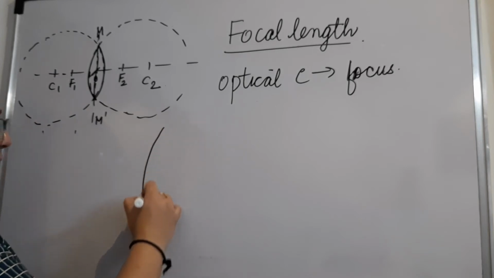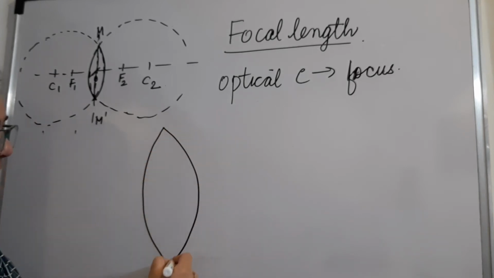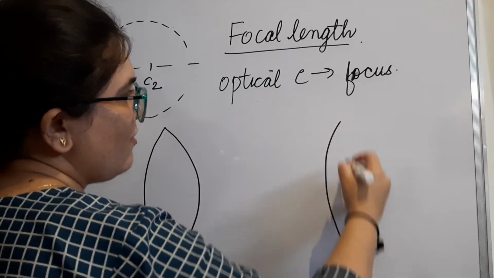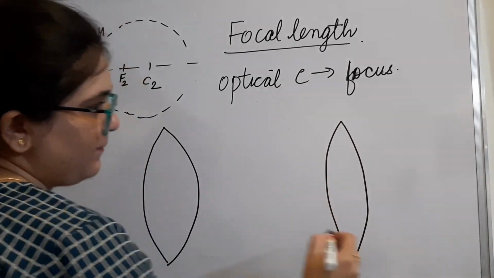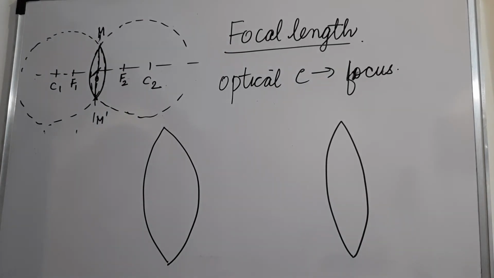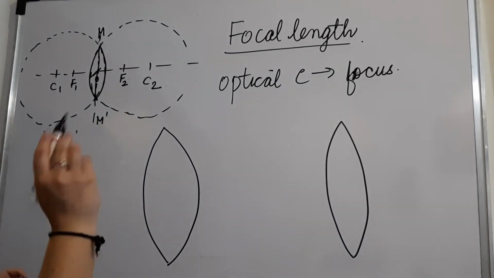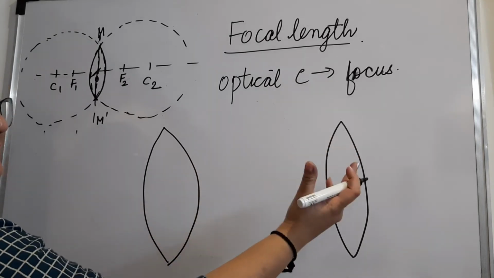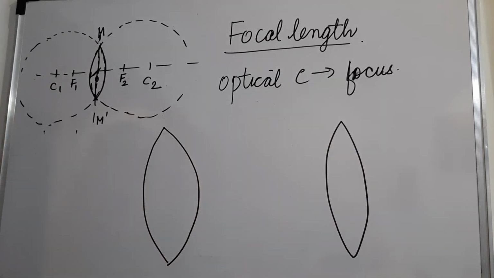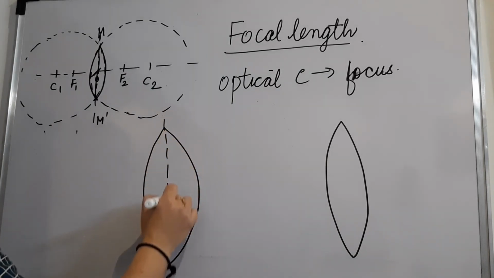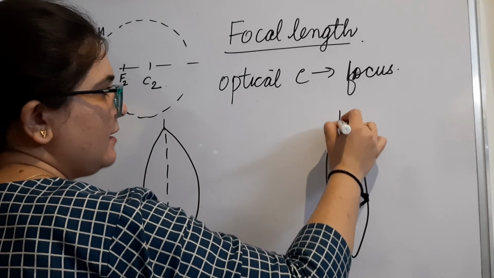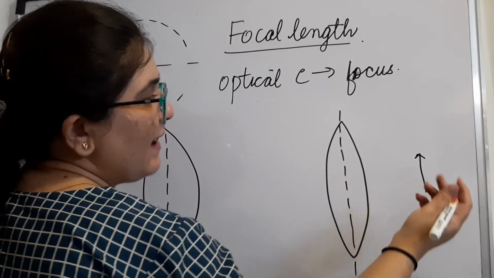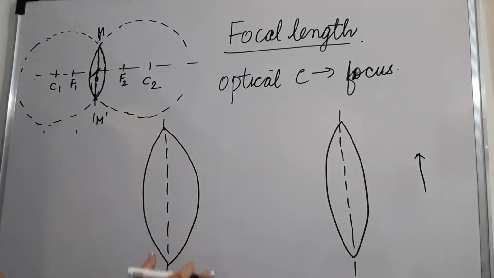Now again here I am going to mention something that is going to help you out at the end. Let's say I have two lenses. I am taking the same convex lens, but the two lenses are varying in thickness. I am going to keep my object this side because otherwise I will not be able to draw the diagram properly. In case of this lens, this is an aperture and here this is the aperture. Why am I keeping the object this side? Because I don't have space.